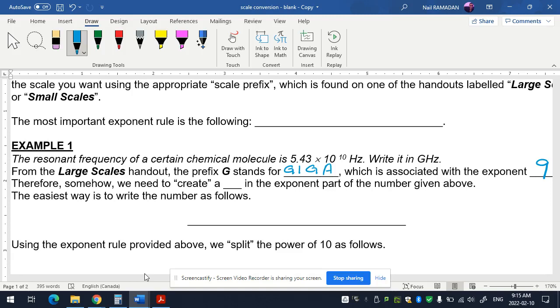So that means somehow we need to create a 9 in the exponent part, in this part of the number given above. Okay? Tell me how you can create a 10 using a 9. Only using addition. The only number that you need to add to 9 to make it all the way up to 10 is just 1. Okay. So obviously, the easiest way,